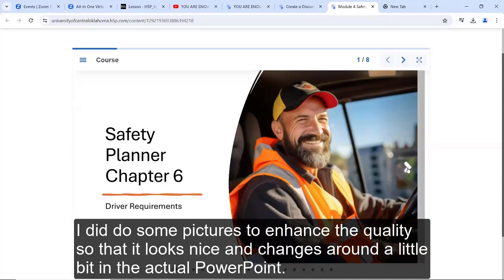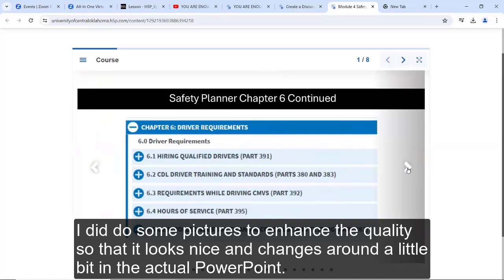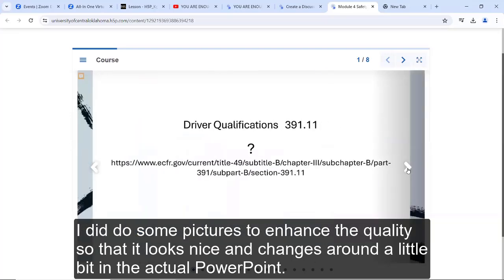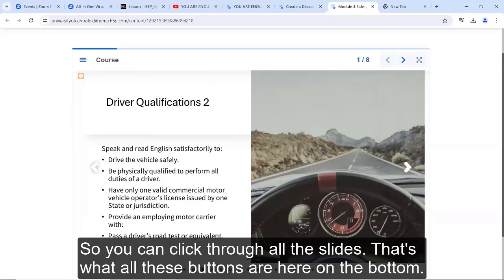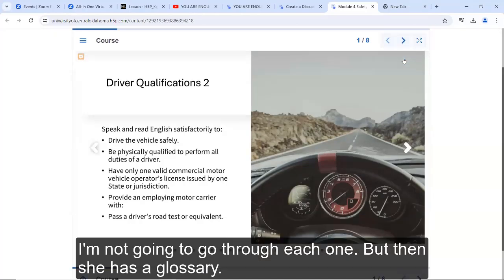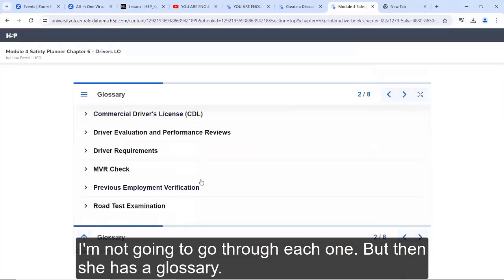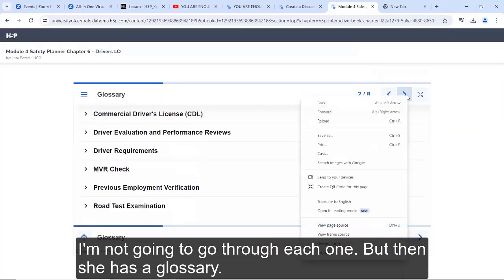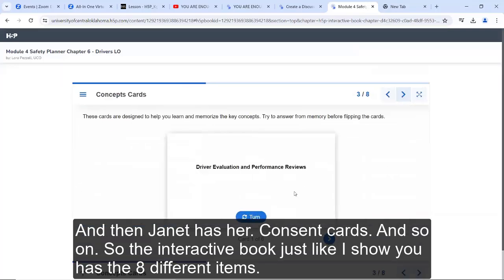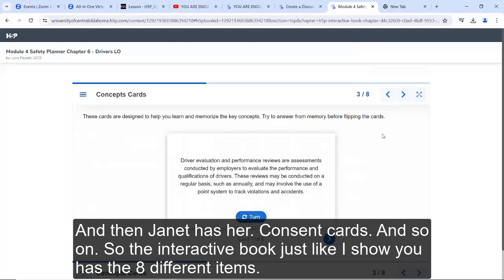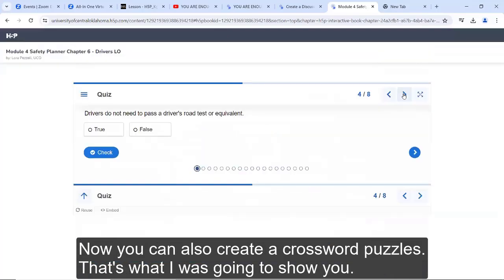I added some pictures to enhance the quality so that it looks nice, and changed this around a little bit in the actual PowerPoint. So you can click through all the slides. That's what all these buttons are here on the bottom. I'm not going to go through each one, but then she has a glossary, and then Janet has her concept cards, and so on. So the interactive book, just like I showed you, has the 8 different items.